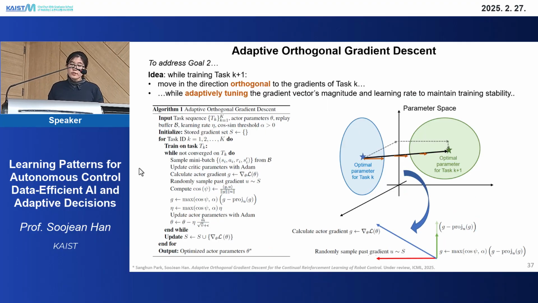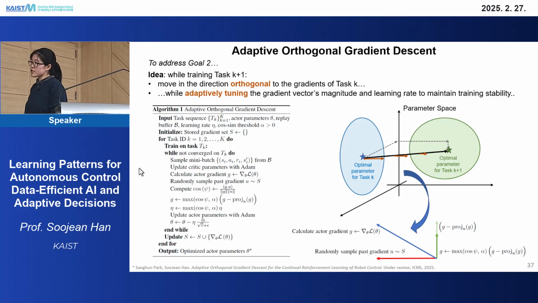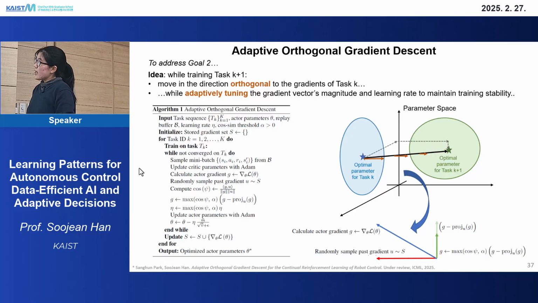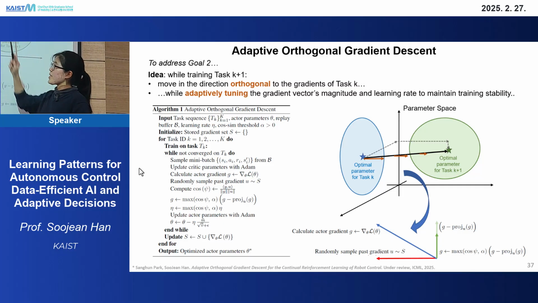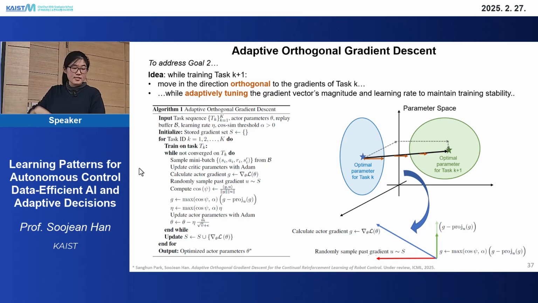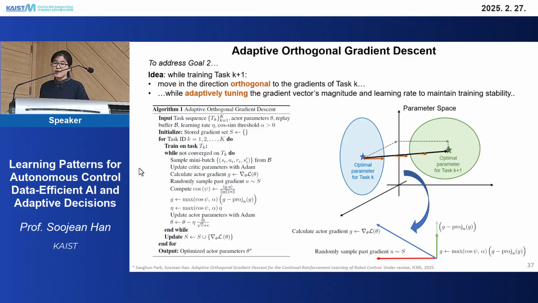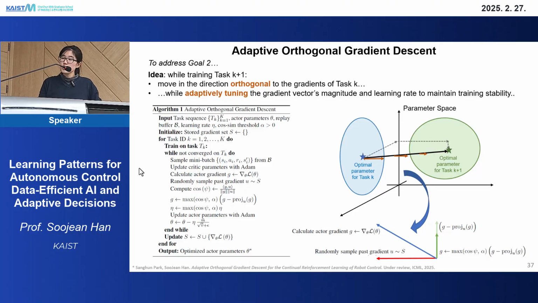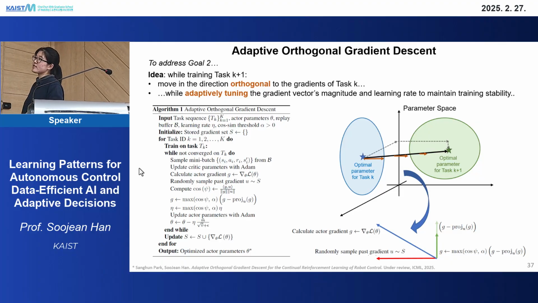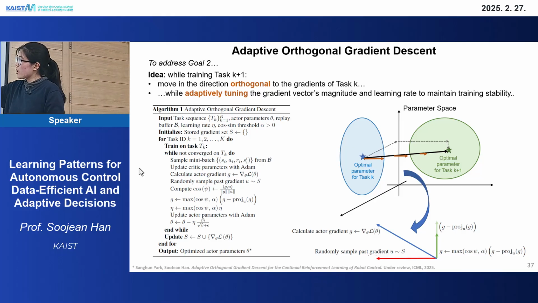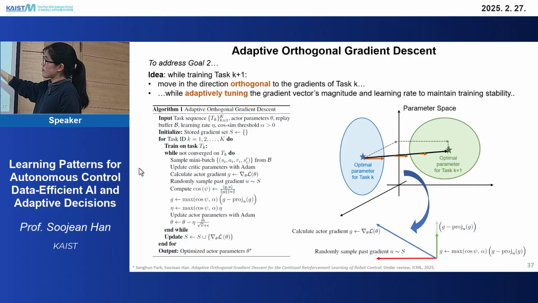Okay. Now, towards goal 2, we have this recently submitted paper, which is currently under review at ICML. And we proposed adaptive orthogonal gradient descent. And the idea here is that while training task k+1, the next task, we want to move in the direction which is orthogonal to the gradients of task k, while adaptively tuning the gradient vector's magnitude and the learning rate in order to maintain training stability. So here's the full pseudocode of AOGD over here, but the basic idea is that, for example, here's the parameter space